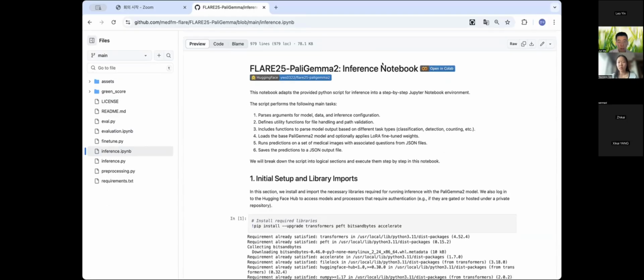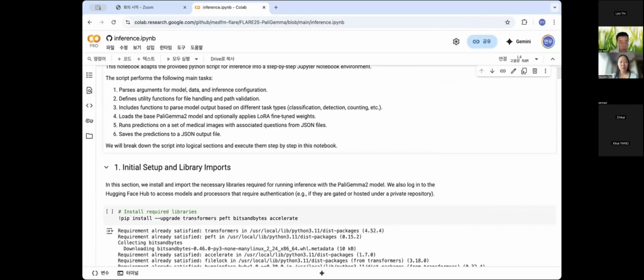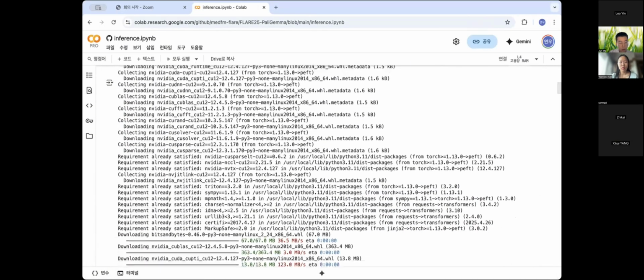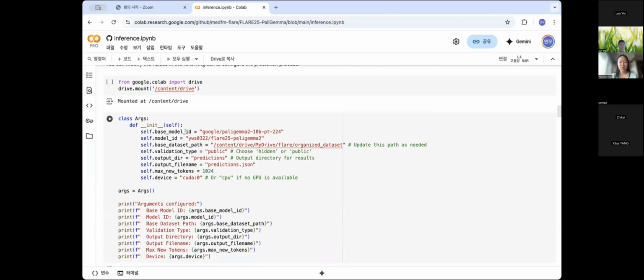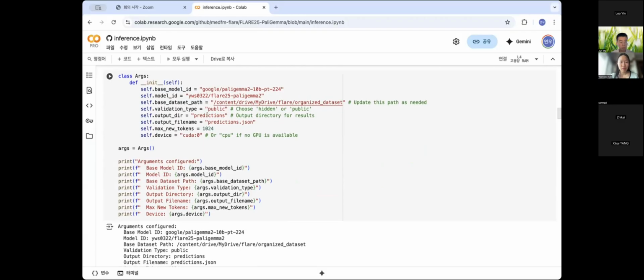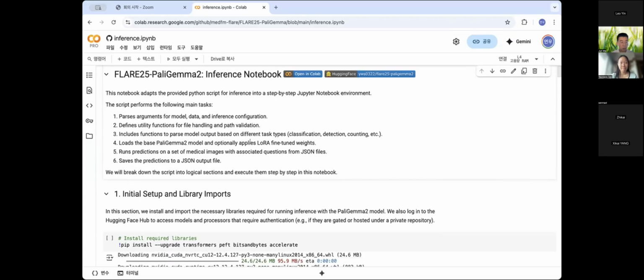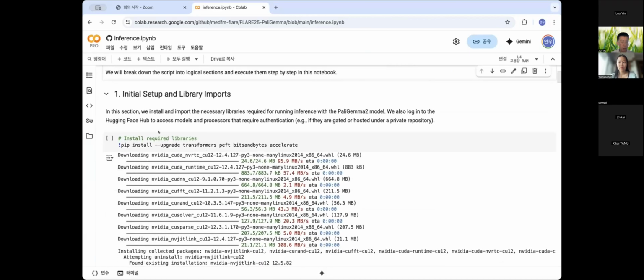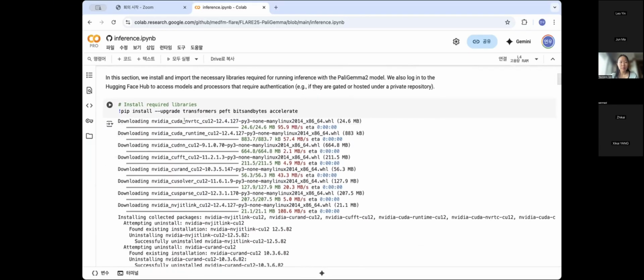So the inference you can run here. You can just click the open in Colab here and then run the cells in the notebook file. Just go through the whole pipeline, then participants can get familiar with the inference and the evaluation pipeline. So in this Colab, first you need to set up